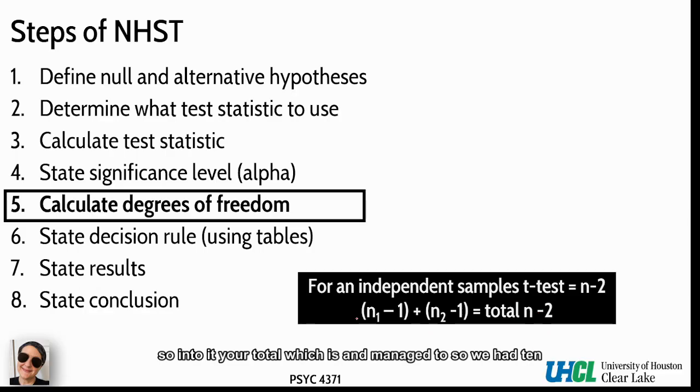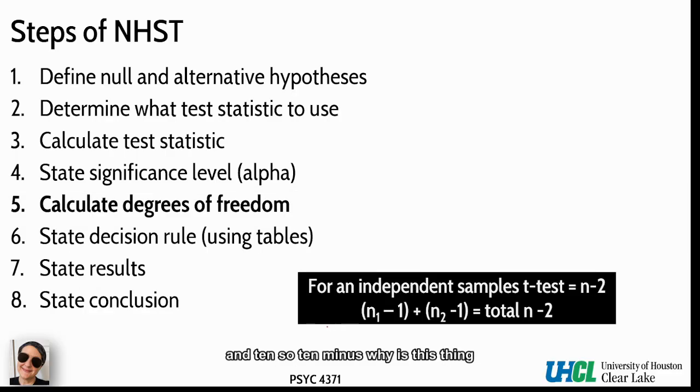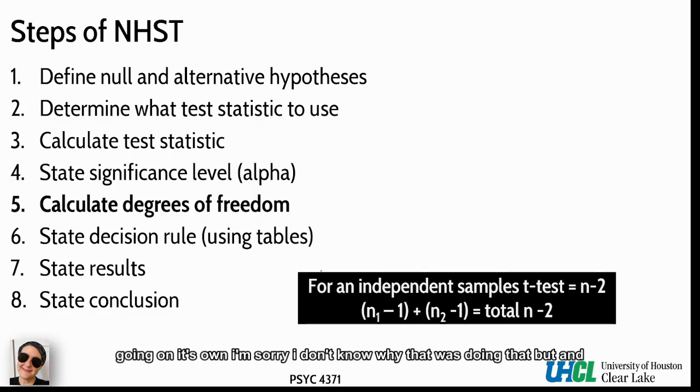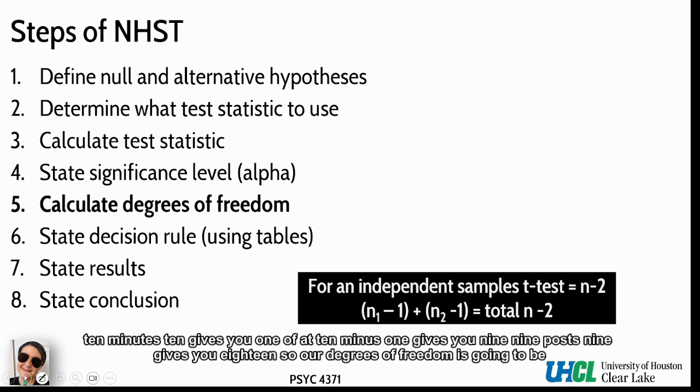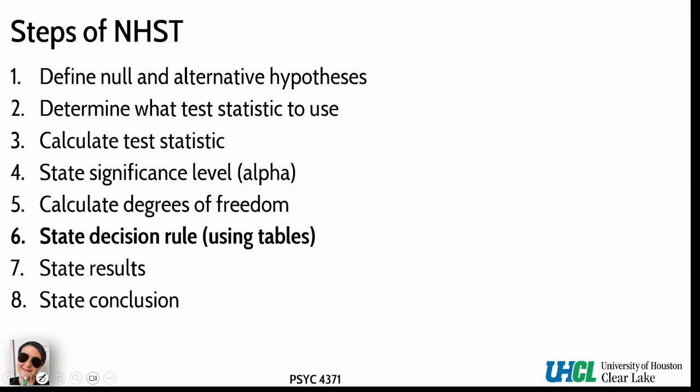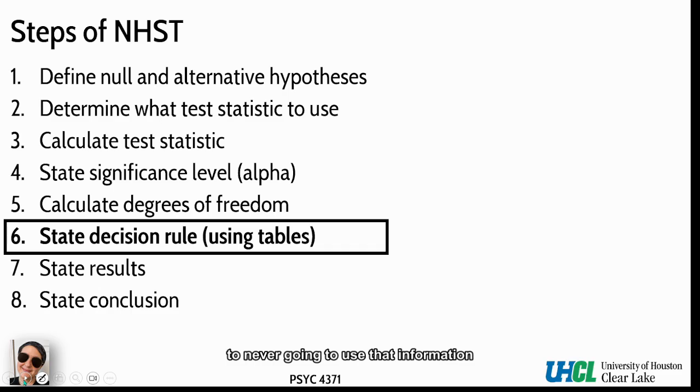So we had 10 and 10. So 10 minus 1 gives you 9. 9 plus 9 gives you 18. So our degrees of freedom is going to be 18. So now we're going to use that information to state our decision rule and to select our critical values for